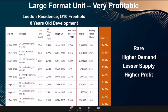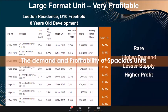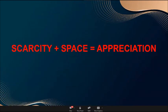The demand and profitability of spacious units. Clear? So the demand and profitability of spacious units. So scarcity and space is what we want to emphasize today, because it is equivalent to appreciation, because it is in